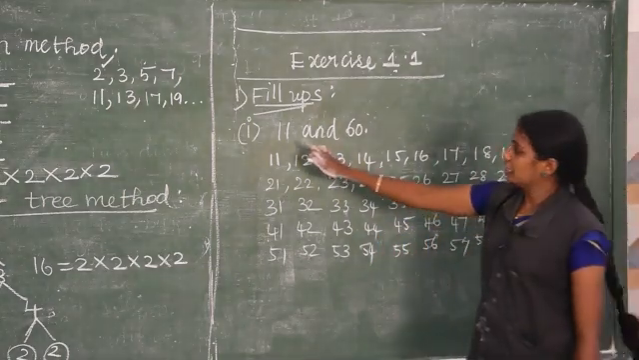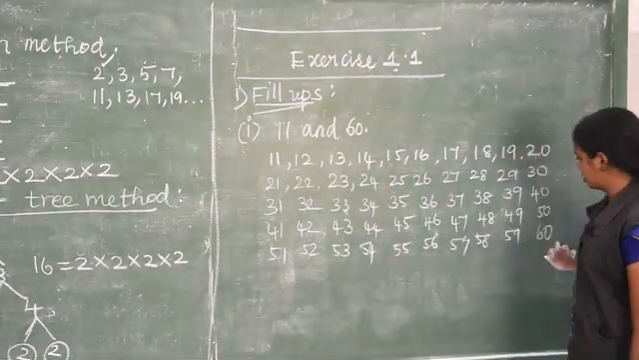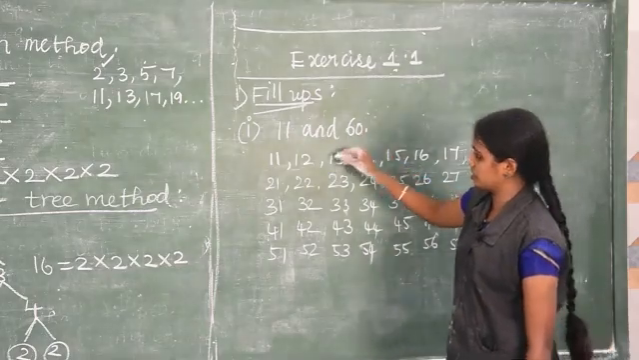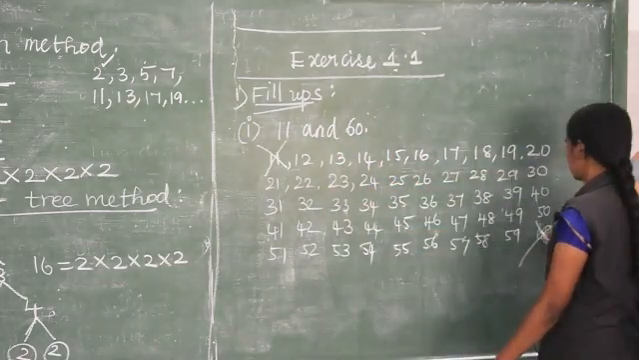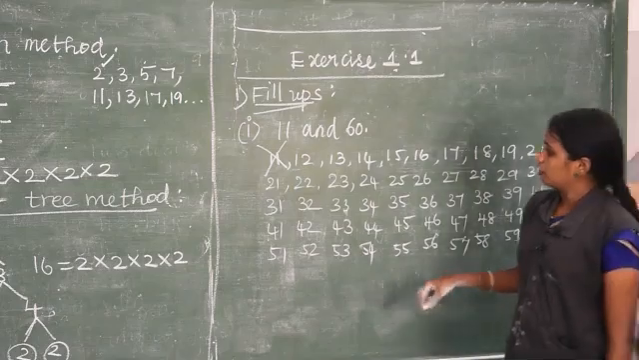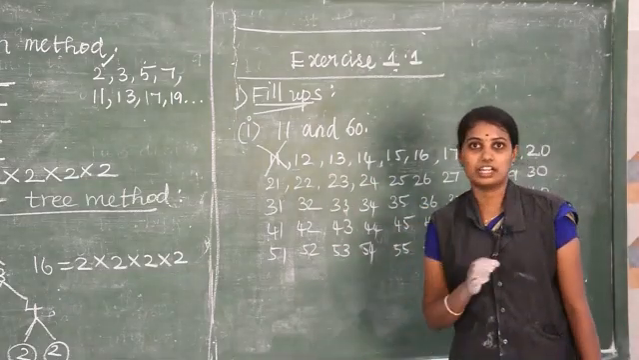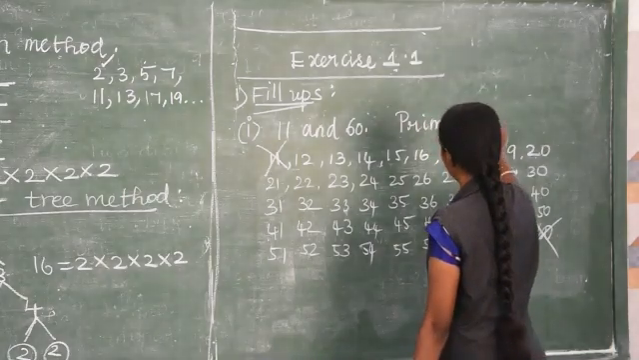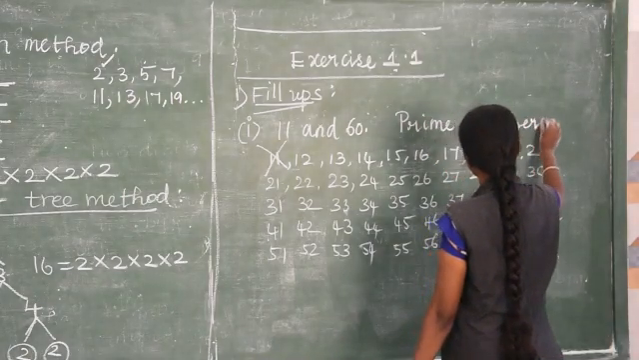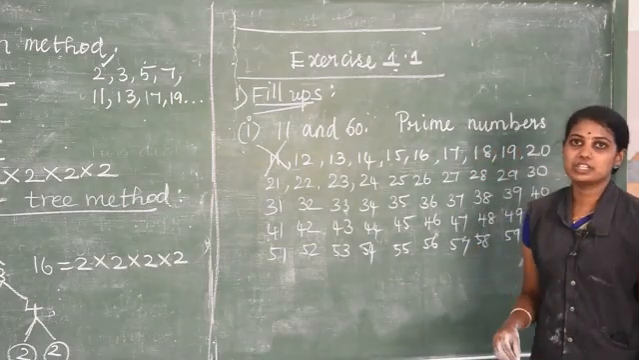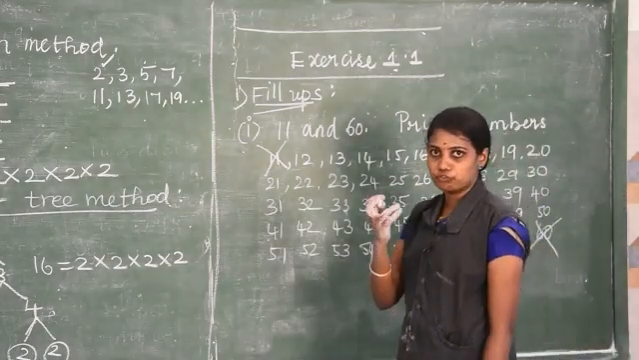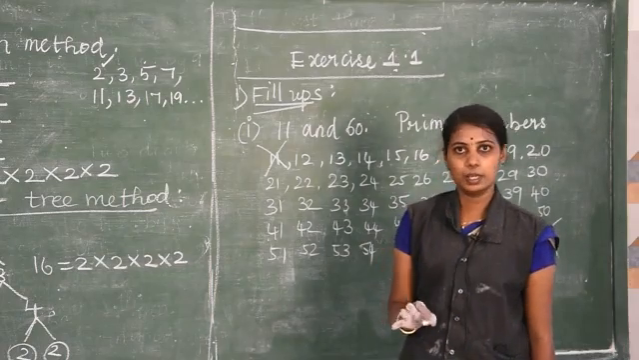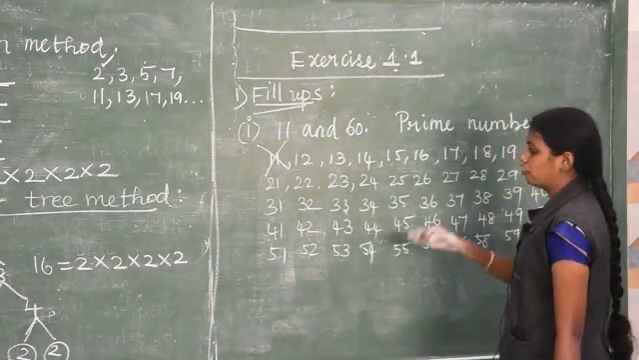So listen to me, between 11 and 16, I have written the numbers. Between 11 and 16, 11 will not be there, 16 also you should not take. Now listen to the concept, we are going to pick only the prime numbers. A number that ends with 2, 4, 6, 8, 0 is an even number. An even number will not be a prime number. So numbers ending with 2, 4, 6, 8, 0,